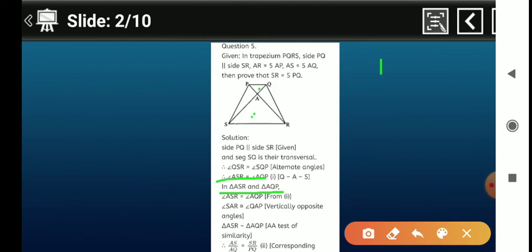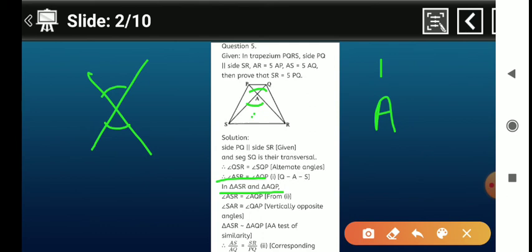Thus we get one pair of angles. Now the second angle we can see is angle A in the two triangles. This angle A is a vertically opposite angle, and vertically opposite angles are also congruent. For example, suppose there are two lines like this. This pair of angles are called vertically opposite angles, and they are congruent. So in this diagram, angle A and the upper angle A are vertically opposite, so they are also congruent.